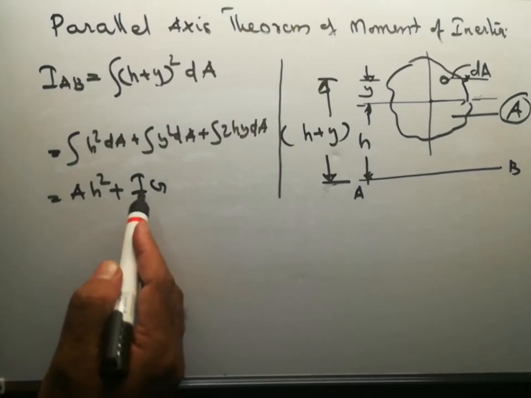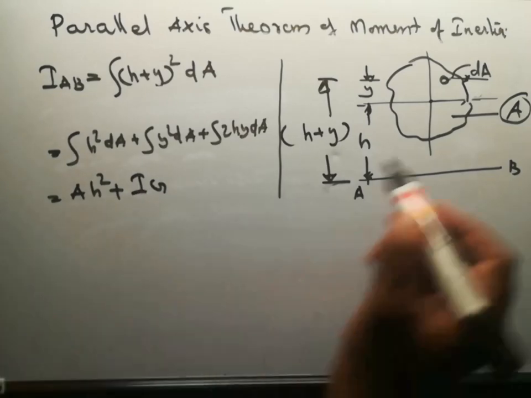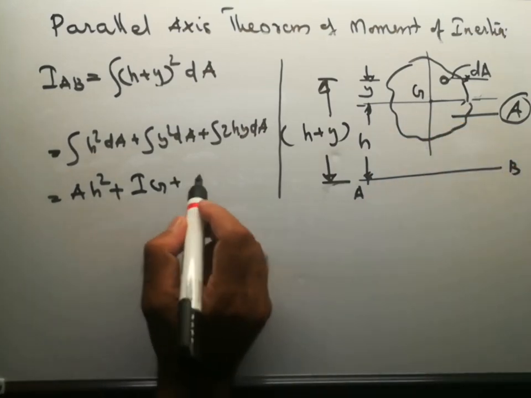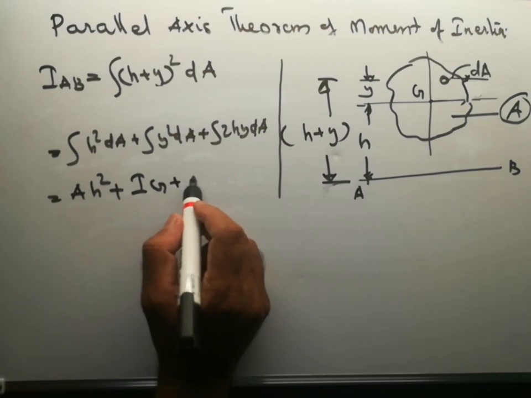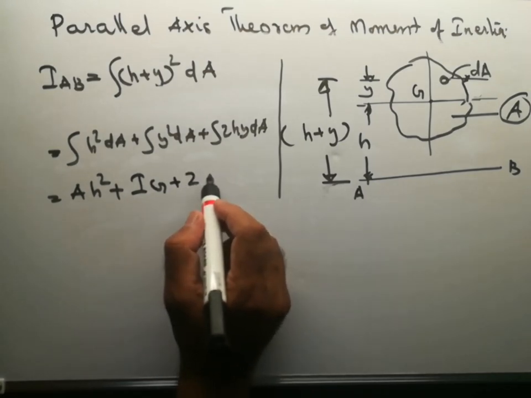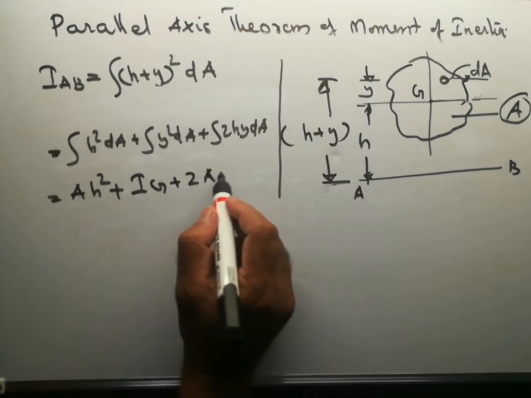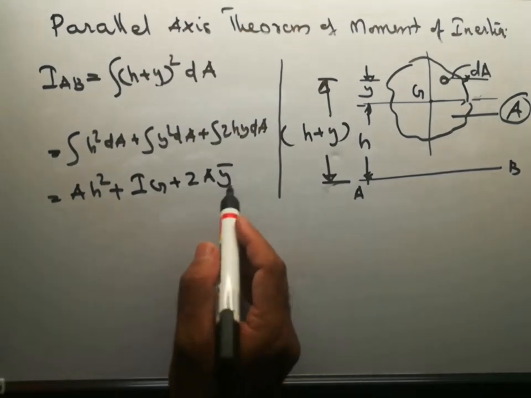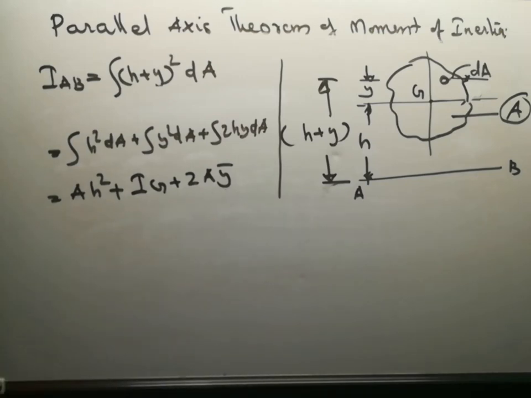We will generally say it is IG, where G is the centroid. IG plus 2 A y bar, where y bar is the centroidal distance of that area. So here y bar will be 0